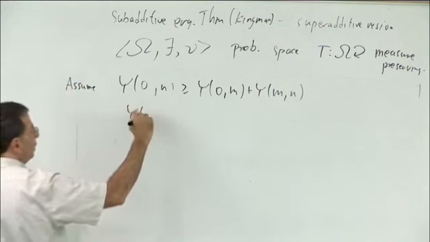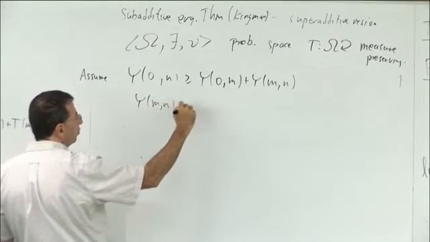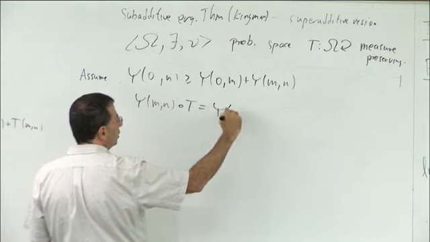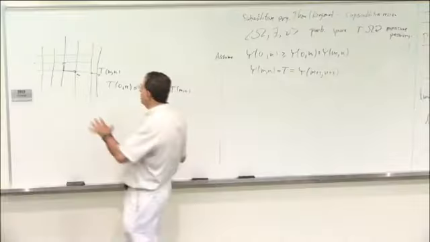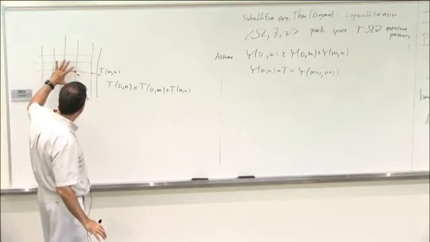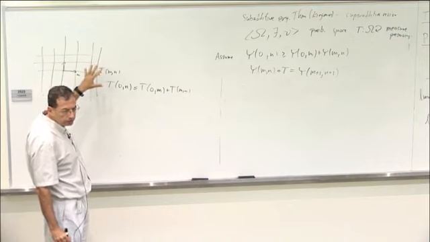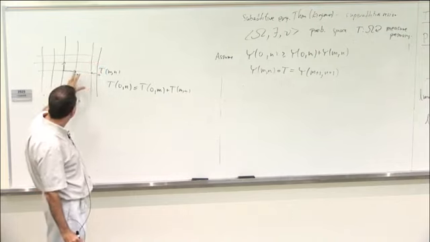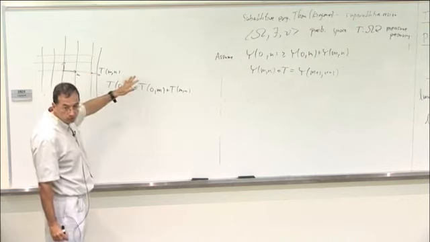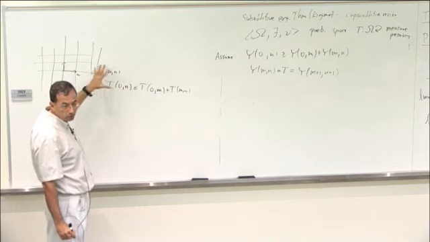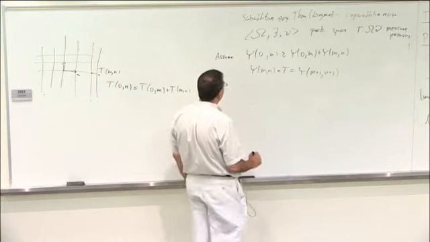And also the shift invariance in distribution. So Y_mn composed with T is Y_{m+1,n+1}. So you see, in this situation, the transformation is just shifting the random variables. And you see that the time to go from m plus 1 to n plus 1 has the same law as the time to go from m to n. It just corresponds to the shifted passage times. Okay, so these are the assumptions.